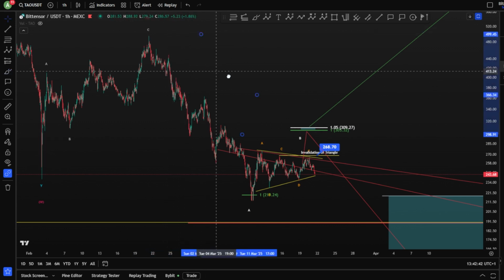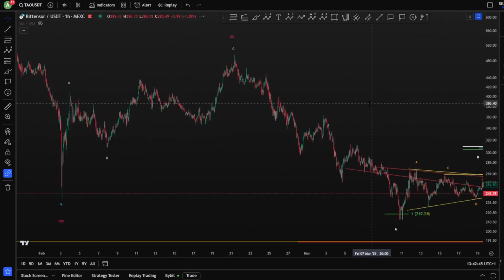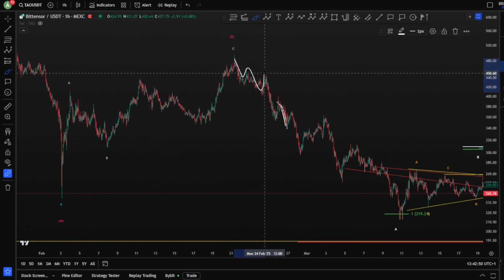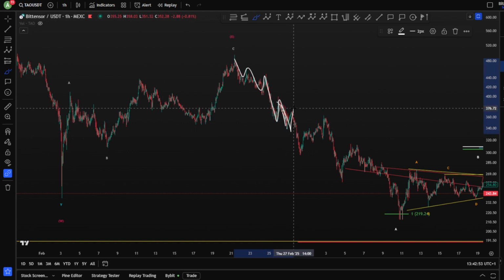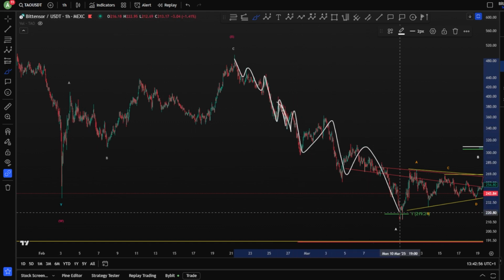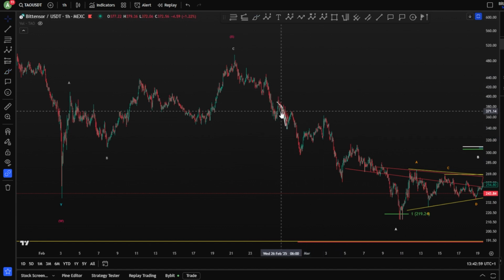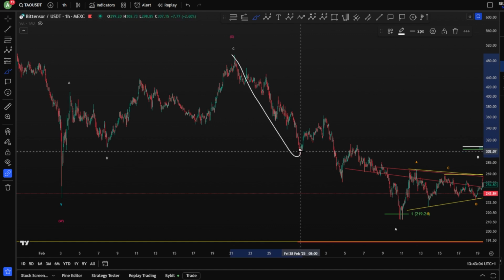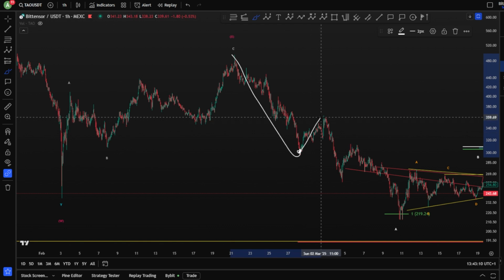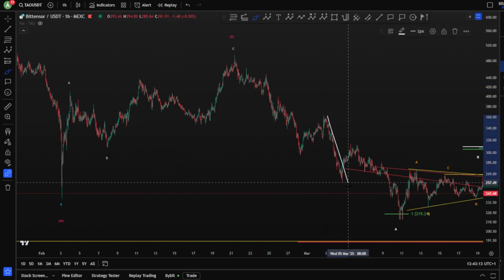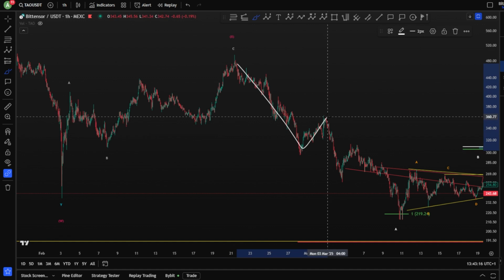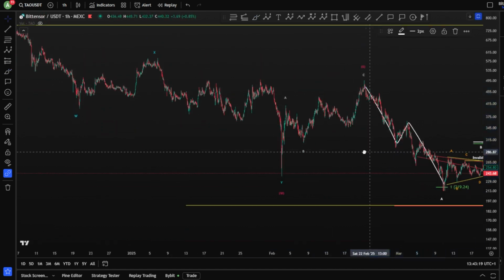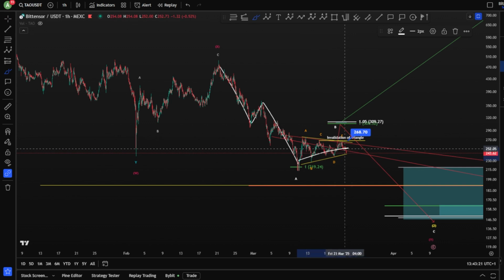This is not an impulse. Why? Because just a single wave inside it has invalidated. Look at this one. Because if we have 1, 2, 1, 2, 3, 4, and a 5, 4, and a 5, well, what do we do with this? In case that we finish, let's say we finish 4, 5, 4, 5 here, therefore you have to consider a wave A, and then of course B and a C. Your wave C is 3 waves, meaning again W, X, and a Y.